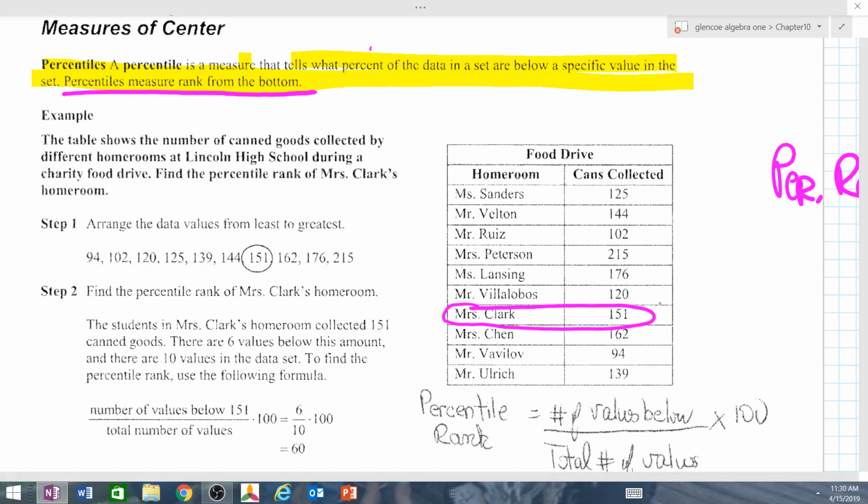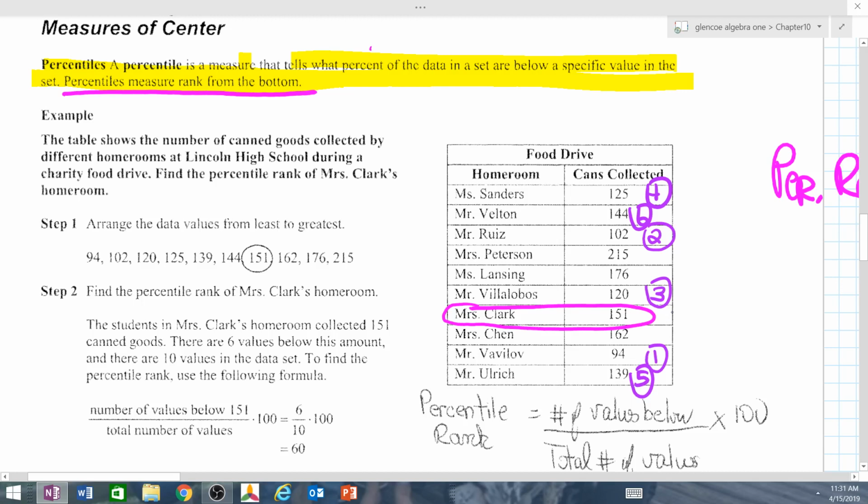So the least number of cans was 94. Then we had 102. Then we had 120. Then we had 125. Then we had 139. 139 would be number 5. As soon as I find it on here, I can mark it. 144. 151. So what I need is everything below